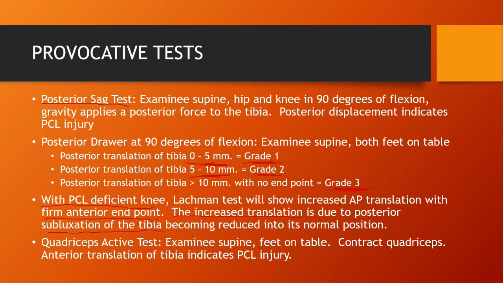posterior cruciate ligament. Finally, we have the quadriceps active test, and this test uses the dynamic contraction of the quadricep muscles to assess the stability of the tibia on the femur. So with the examinee supine, the feet are flat and resting on the table, and the examinee produces a voluntary contraction of the quadriceps by applying a knee extension force. Now the feet are restrained on the table, so there's no actual extension of the tibia on the femur, in